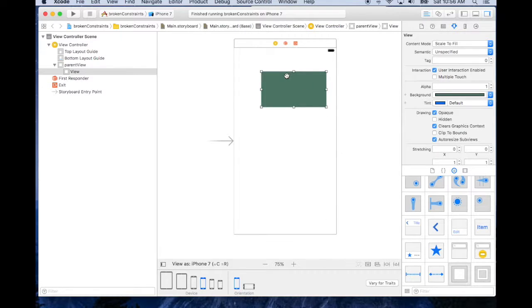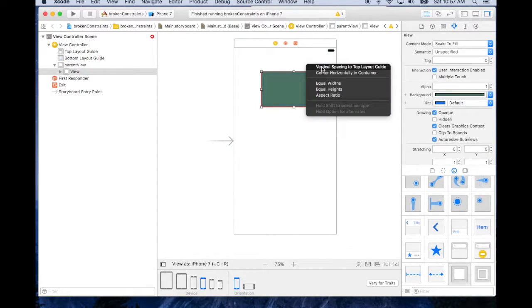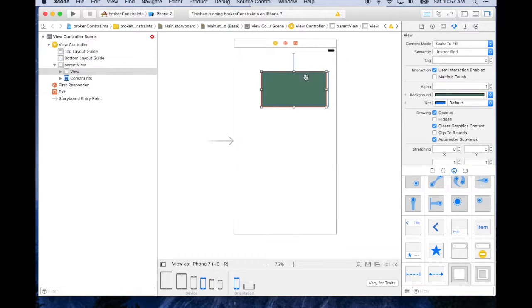And what I want to do, just to make this tutorial a little bit easier to understand, is work on one axis at a time. So the first part of this video, I'm going to be talking strictly about the horizontal axis, and the vertical axis follows the same rule set, but again, I just want to talk about one at a time. So what I'm going to do first is give this view initial values for the height and the top. So I now have valid vertical